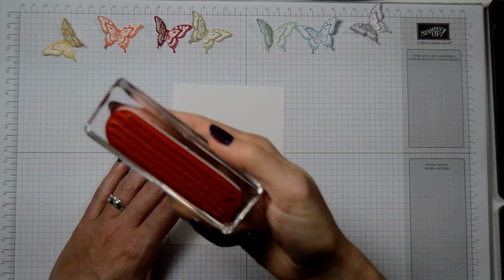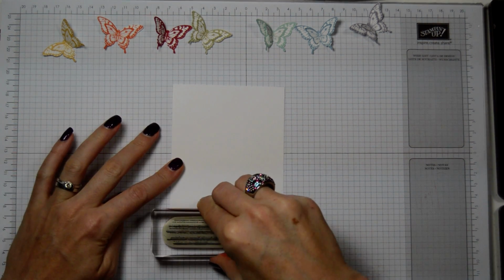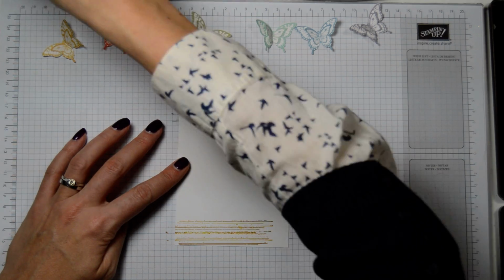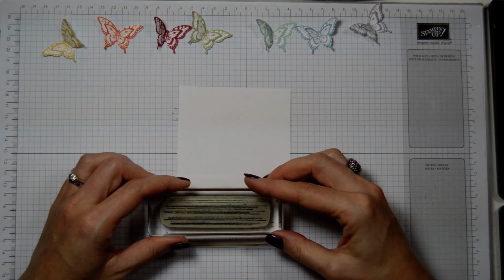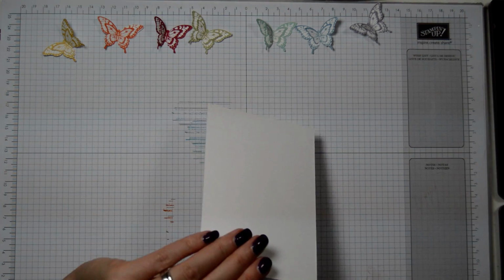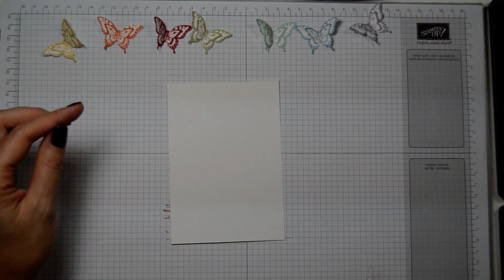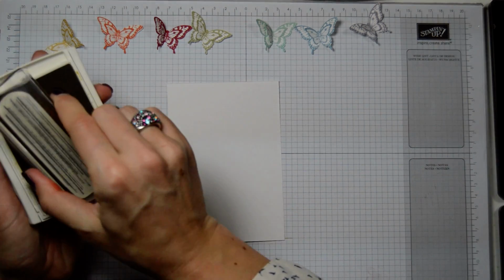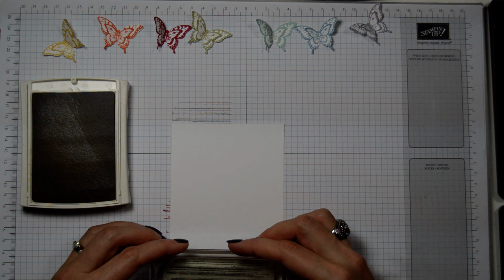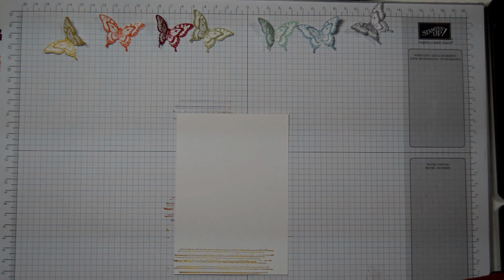So I've got the lines here, and we're going to ink them up in the Hello Honey, and I'm going to put them on the side here. I just need to make sure that I'm not too far apart, because that's what happened with the little boy's card. I put them a little bit far apart, but it was still okay. Okay, and then we're just going to put that just touching. I'm not liking that because it's not straight. No, let's try again. Okay, so back to the Hello Honey. I'm trying not to get my head into the picture here, so I'll put it down just slightly, and that's better. Okay, so next colour, this one,